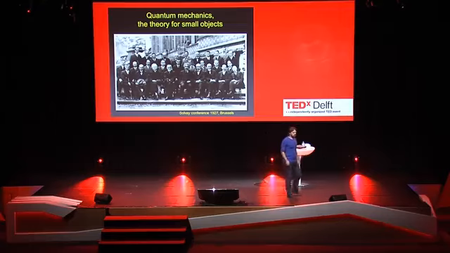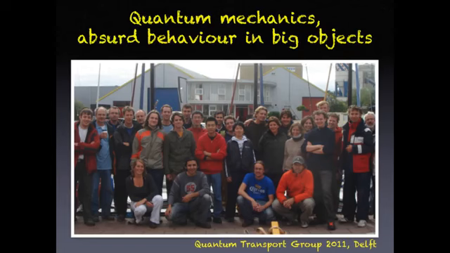So, this is 100 years ago. What's new? Well, present-day geniuses look like this. This is a group of brilliant people that form our group at the TU Delft. But again, they are at the verge of a new quantum era. We are no longer studying atoms and molecules as given by nature. In contrast to that, we actually design and make, by using very advanced fabrication techniques, new objects, much bigger, but that still show this absurd quantum mechanical behavior.